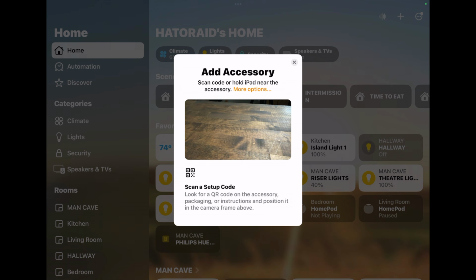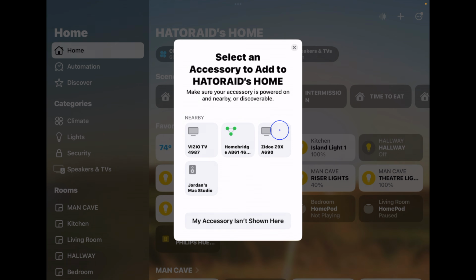Now when you hit Add Accessory, it's going to ask you to scan a QR code. We're not going to do that. We're actually going to hit More Options. And then we should see our Zidoo, and there it is, Zidoo Z9X A690. So we're going to select that,